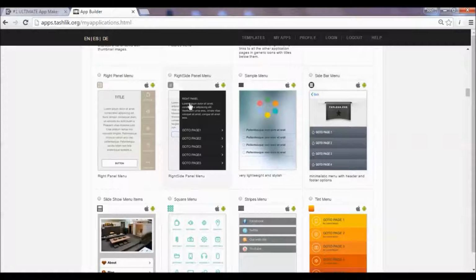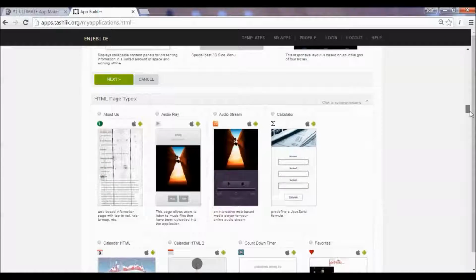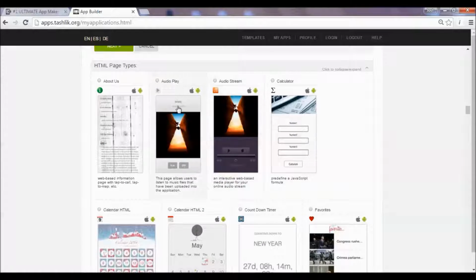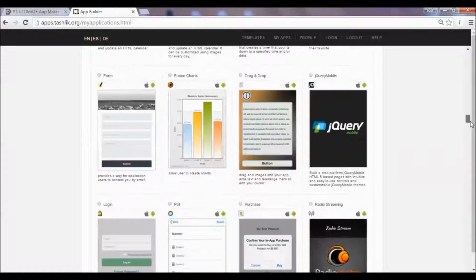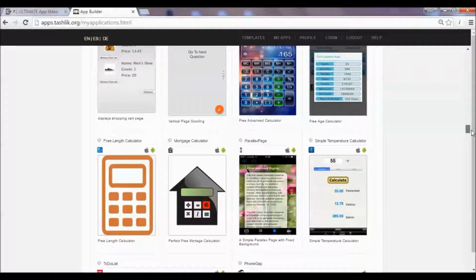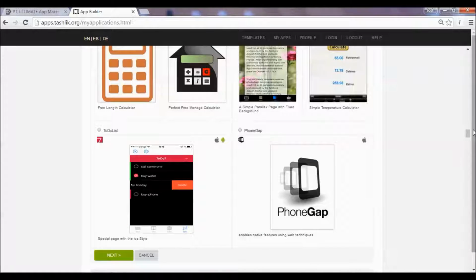We've got a side menu, so if you click on this little menu thing, the side menu opens up. Tons and tons of different menu options here. Okay, we've got audio streams, audio players, calculators, about us pages, again calendars, countdown timers. Scroll down a bit more. Got mortgage calculators. Okay, it does integrate with PhoneGap, so if you do know anything about PhoneGap, you can integrate